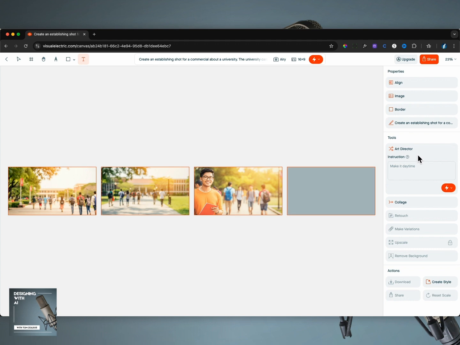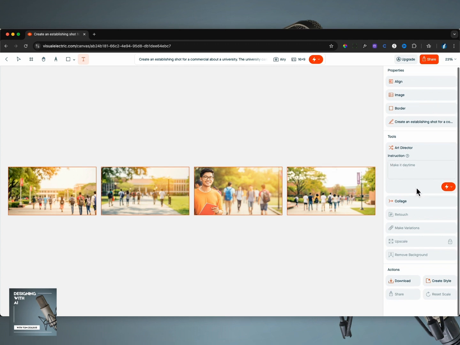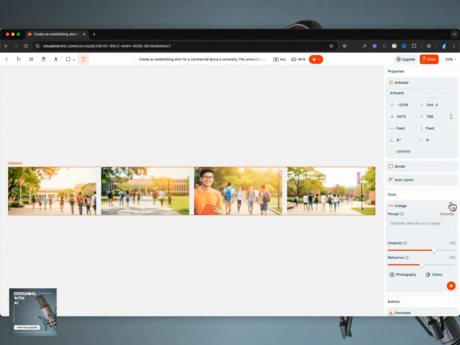I did see this in the main website that you can be sort of in an art director mode and describe what it is that you do or don't want in a specific shot. So it says here in the tooltip, provide an instruction on how you would like to modify an image. For example, make it daytime or zoom in on her hand. You can set up a collage, which is kind of cool. I guess that's for if you're working with a client. So if you're at an agency and you're presenting this out to someone,